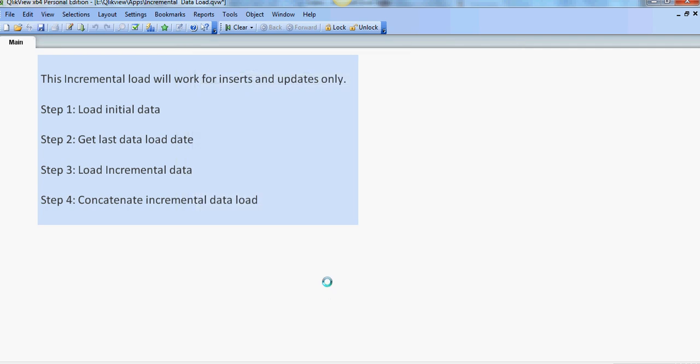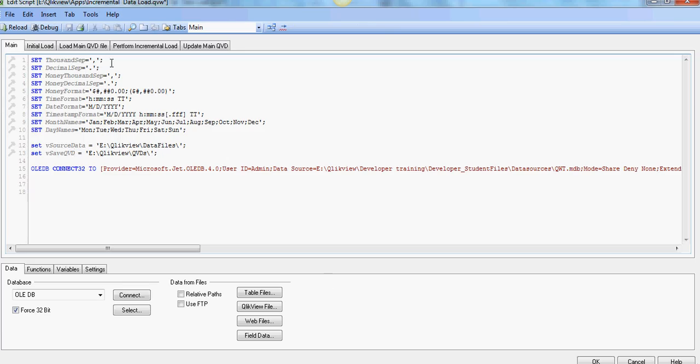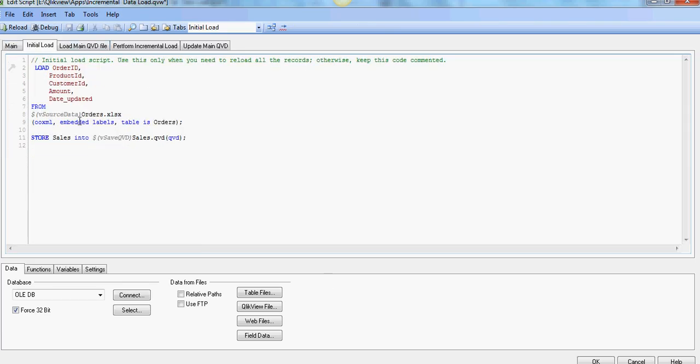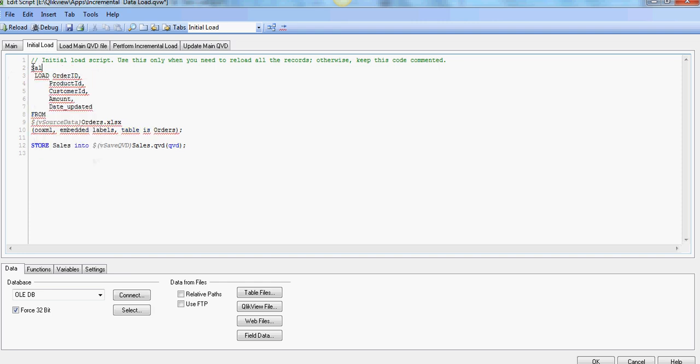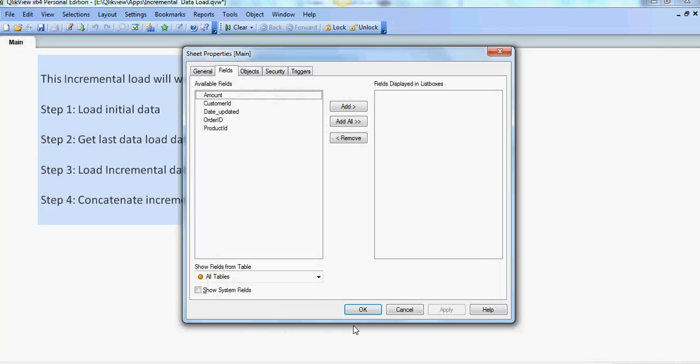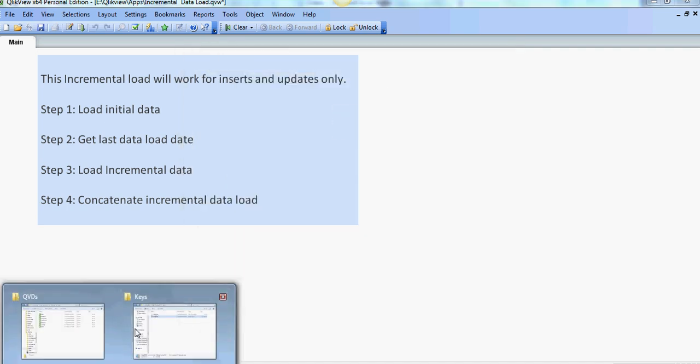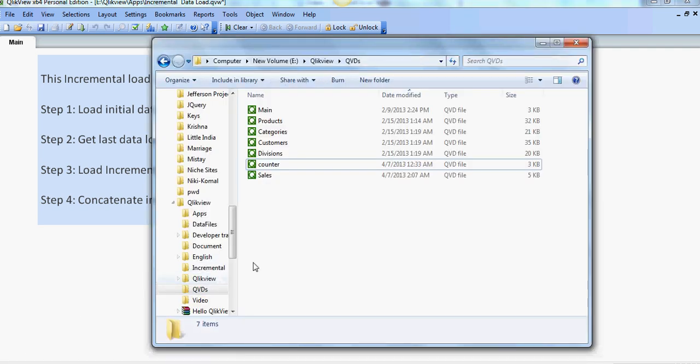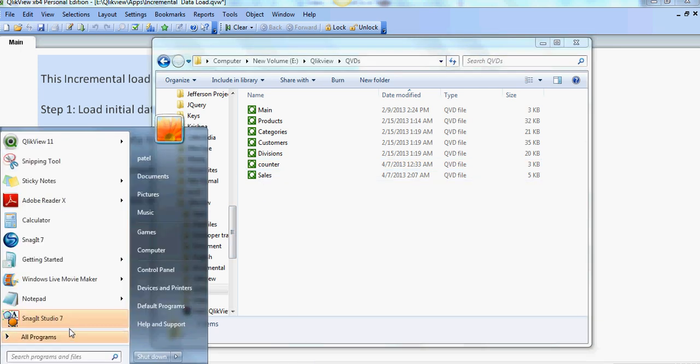Thinking about something. Let's see. Did name the table. There you go. Save it. Reload. And there it is. So I'm going to go into this folder, and here it is. So sales is there,